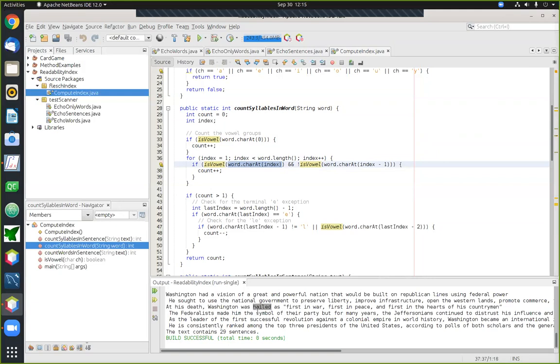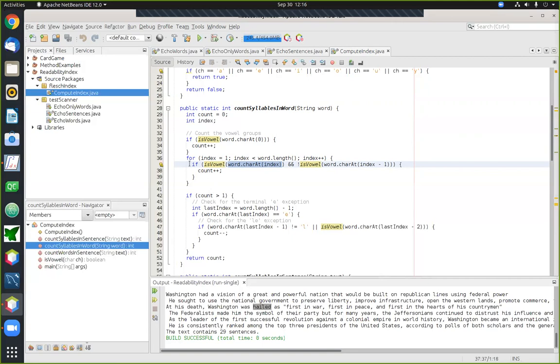For example, when I get to the A, that will count because it's a vowel and the thing before it is not a vowel. But when I get to the I, it is a vowel, but because the thing before it is also a vowel, that won't count. So that's a trick we're going to use to make sure that we don't overcount our vowels, especially when they form groups, because in a group, we're only going to count the first vowel in the group, and we're not going to count any vowels that come after that.